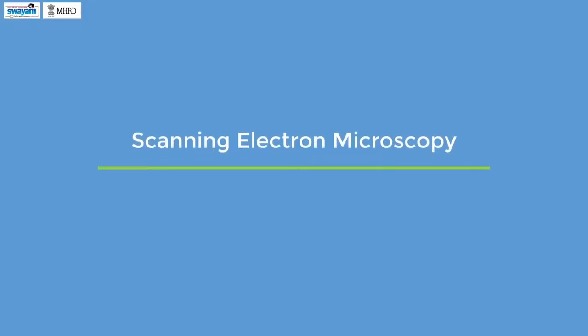Scanning electron microscopy. In short form, this is known as SEM. As the name suggests, SEM is one type of electron microscopy technique and addresses the resolution problem associated with the light or optical microscopy techniques. Unlike light microscopy, in electron microscopy, a beam of electrons is used as a source to probe the surface morphology